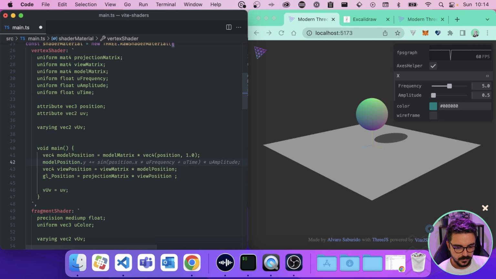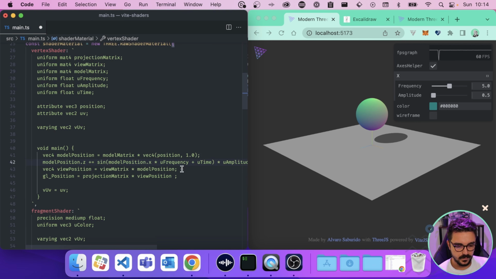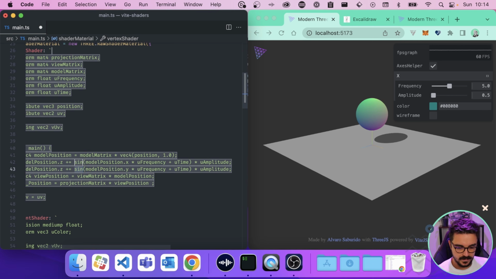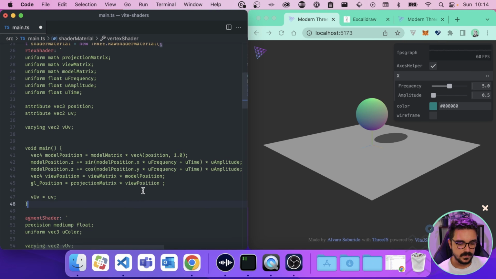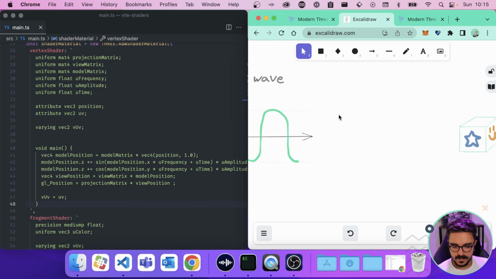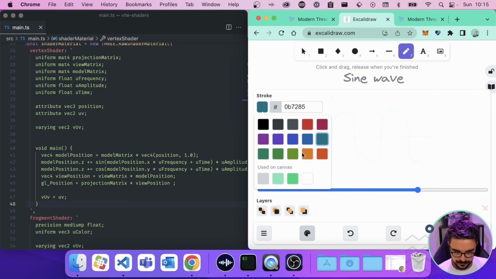So if I use modelPosition.z and use this right here, modelPosition, you see frequency, and then we can use modelPosition.z, but instead of using the modelPosition.x, we're gonna use the y. And we can change to cos. So cos is another function that is exactly the same as the sine wave, but let's put another color here, okay?